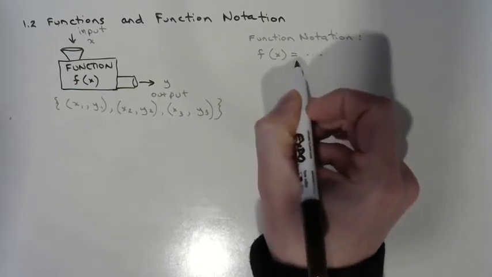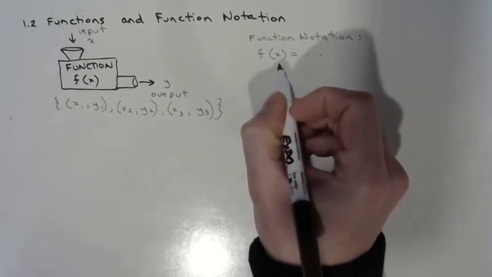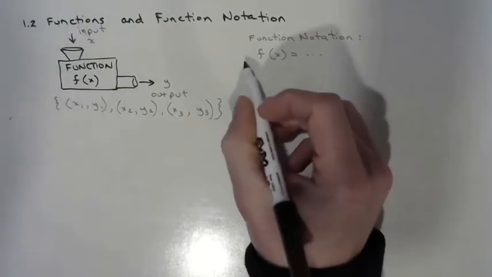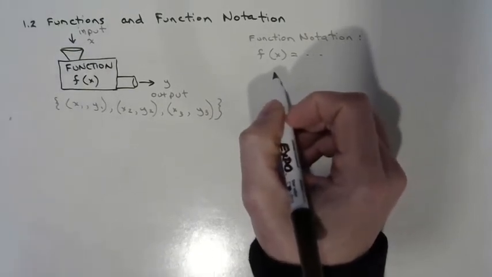So the value of the function depends on what we put in for x. And that's what we're going to be doing in example 1 today, is just putting in different values for x